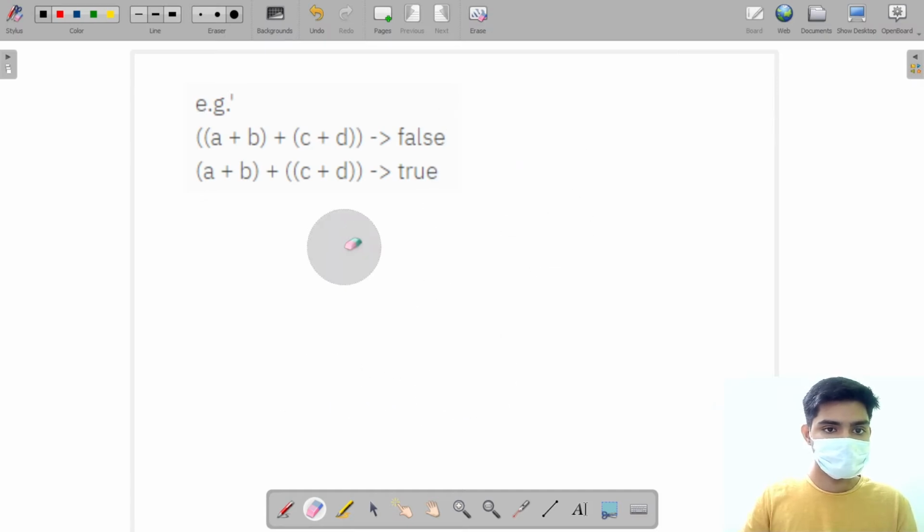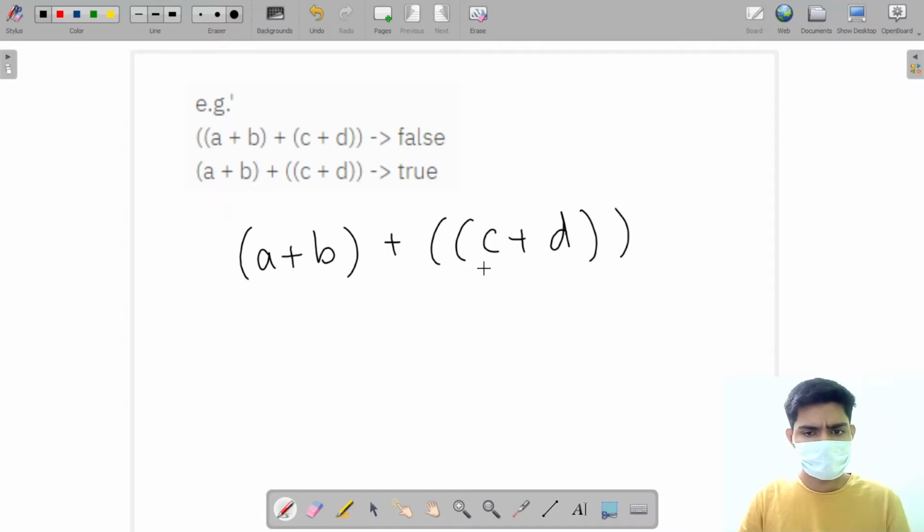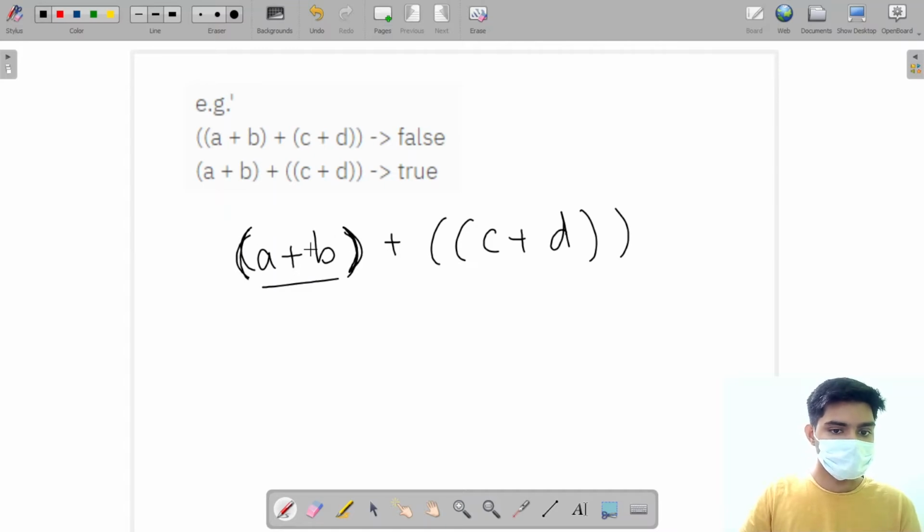So let's try to see this. For this second expression, we have a plus b, right? We have c plus d, something like this. And for the first expression, we have a plus b, which is enclosed by these two brackets.